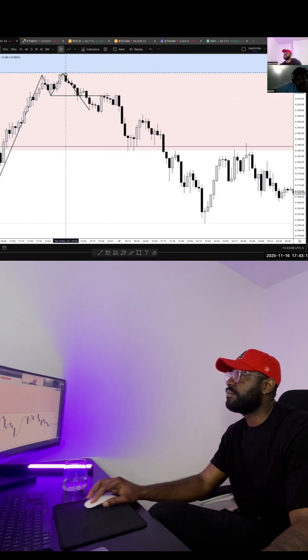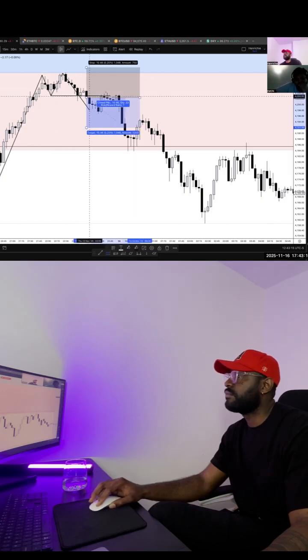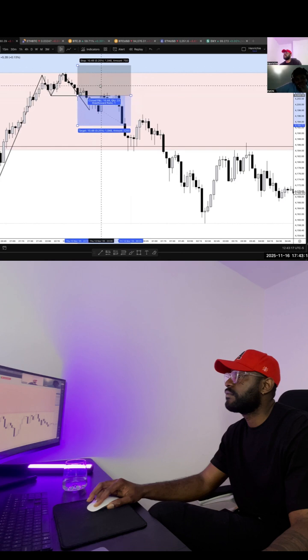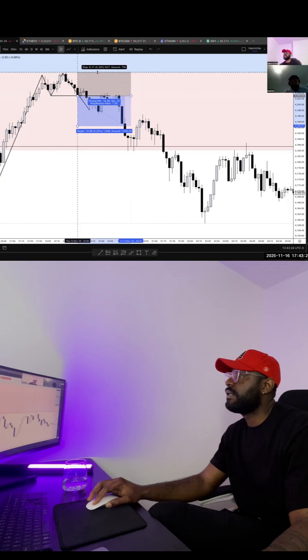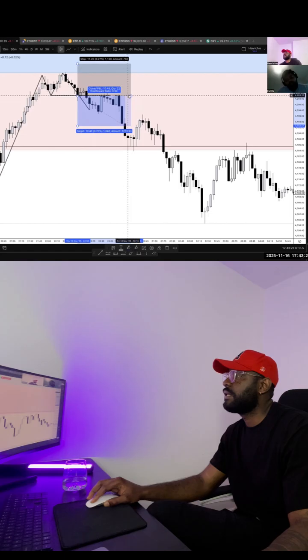Your stop loss will be this high, add a few extra above, and you can target just 1:2 for now. This high will be your stop loss. Add a few extra pips above it. And then